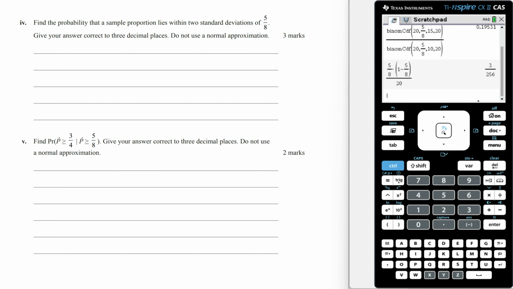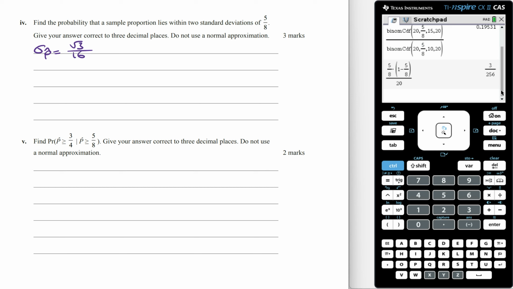Part 4. Find the probability that a sample proportion lies within 2 standard deviations of 5 on 8. Give your answer correct with 3 decimal places. Do not use a normal approximation. We just worked out that the variance of p hat is equal to 3 on 256. And so this means the standard deviation of p hat is going to be the square root of this number. And so this is going to be the square root of 3 over the square root of 256, which is